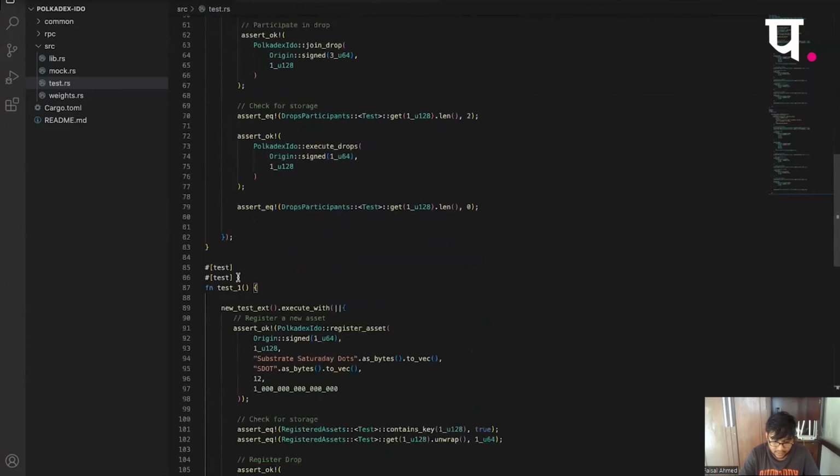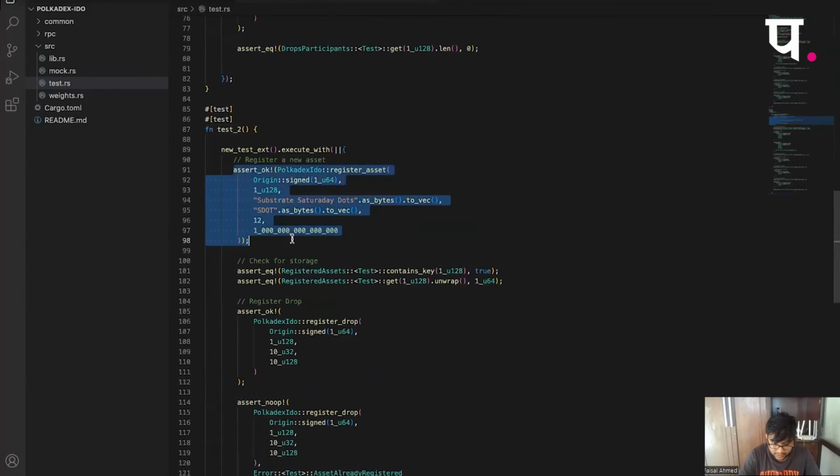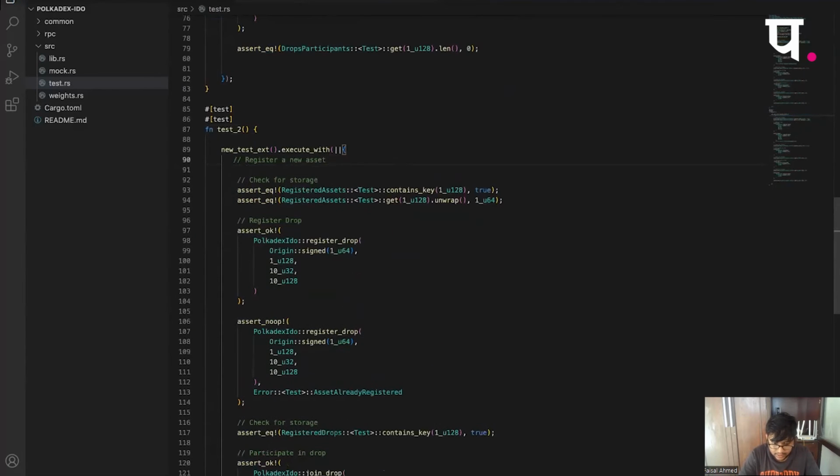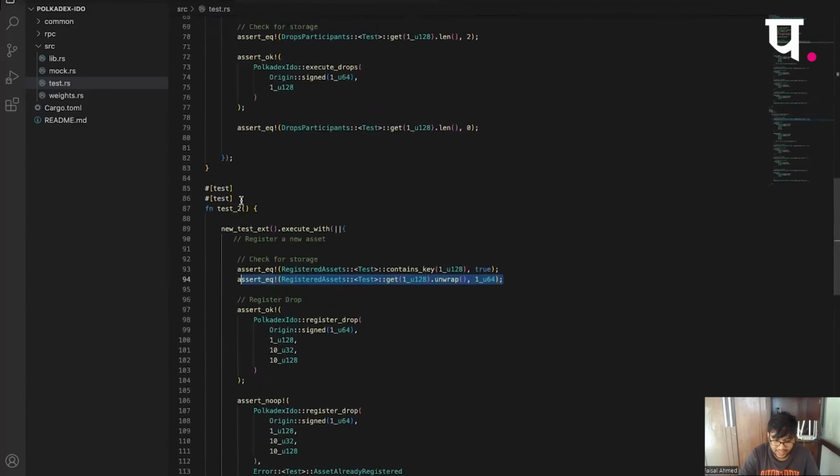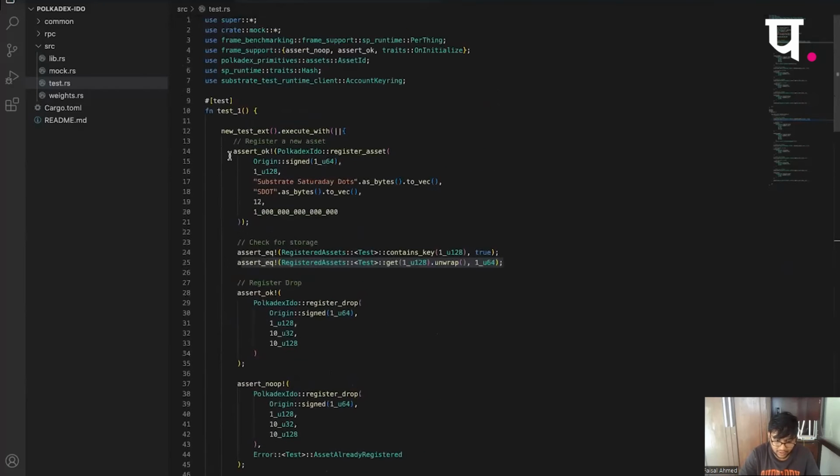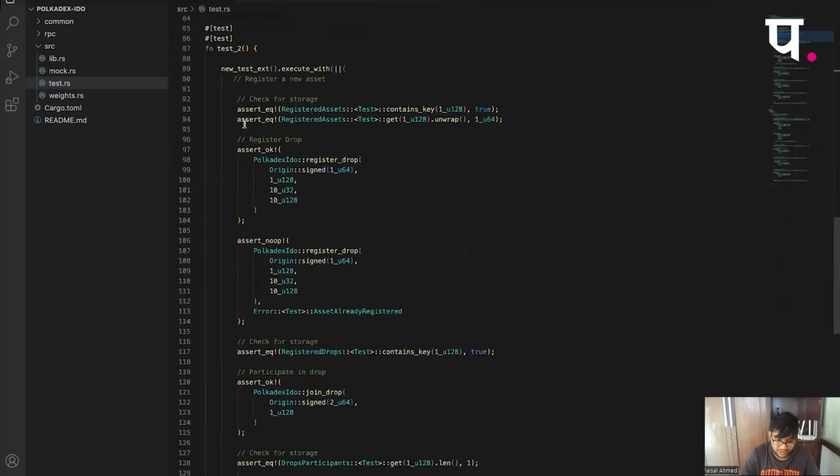If I have another function test2, and I remove register asset, since I've already done that, this will throw me an error because I've never called that extrinsic. So I cannot do something in one function and resume it over here. So I cannot really segregate the test.